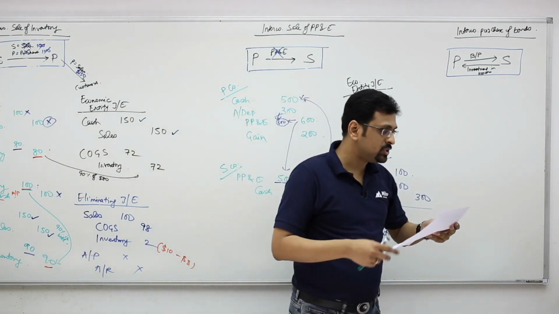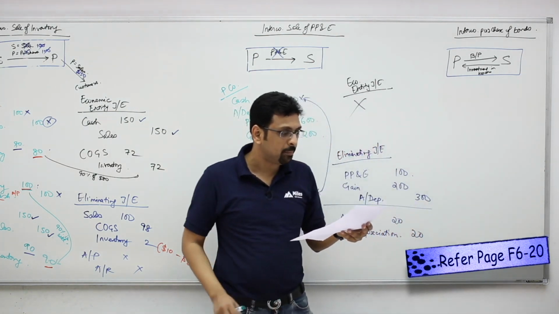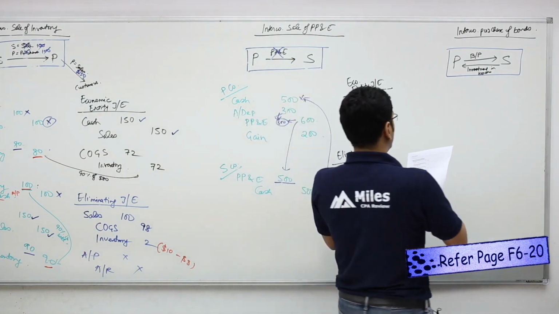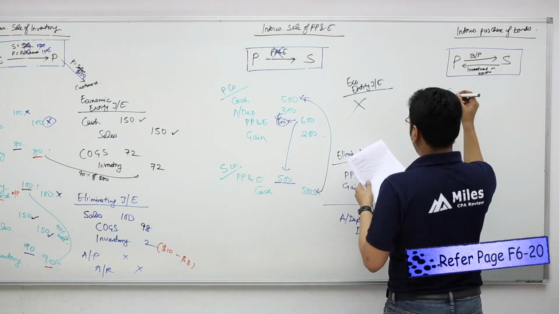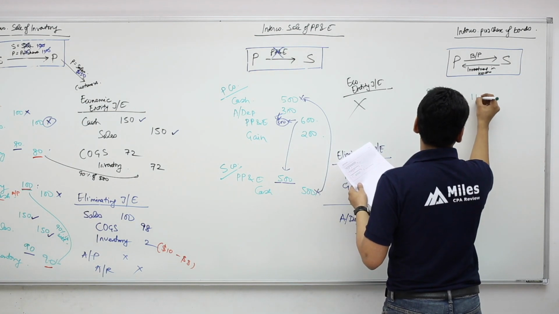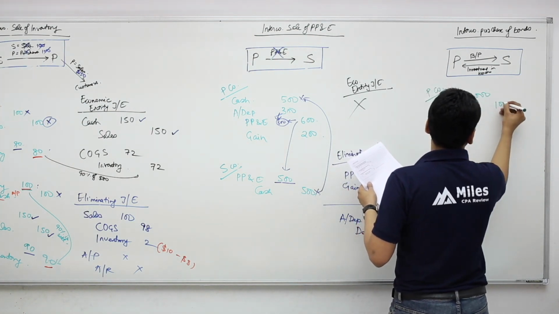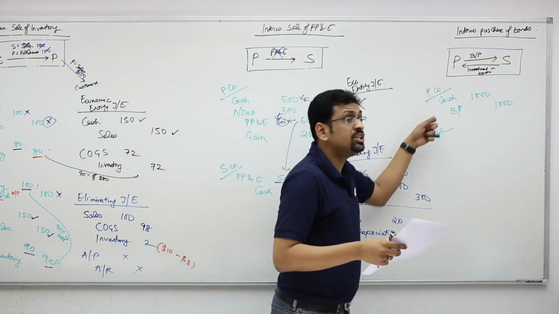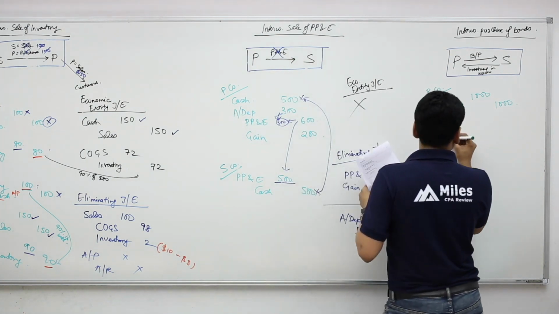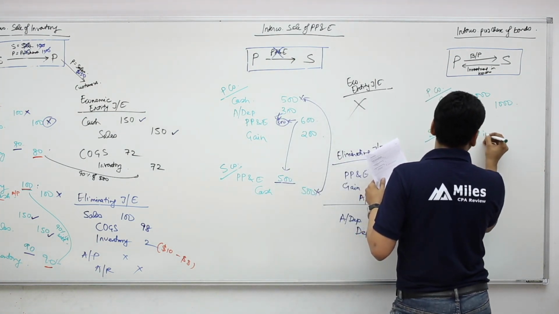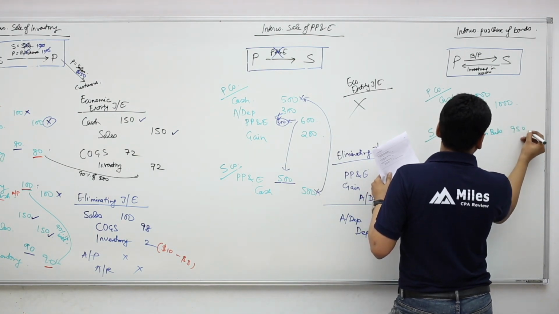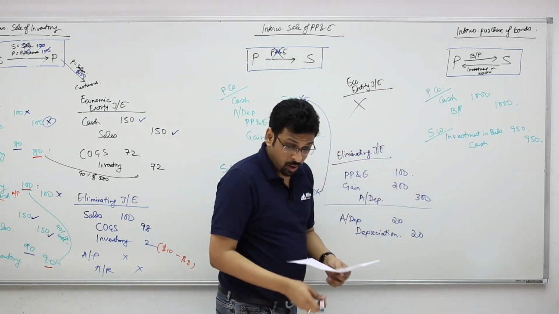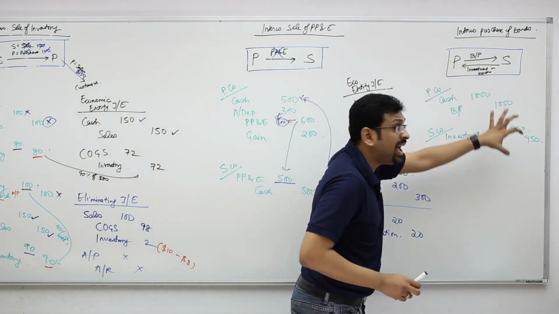S company purchases $1,000 of bonds issued by P company at par for $950 cash. So P had issued bonds. P company had bonds issued for $1,000. They got in cash 1,000 and they had bonds payable 1,000. Now S company went out to the market and purchased these bonds for $950. So it was an investment in bonds for them. So far, so good. But the moment you treat them as one entity,